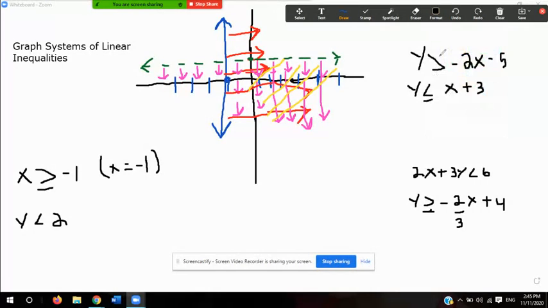The other two examples, and erase this. Hopefully, I don't eliminate the entire number line. Give me a second, guys. Okay,